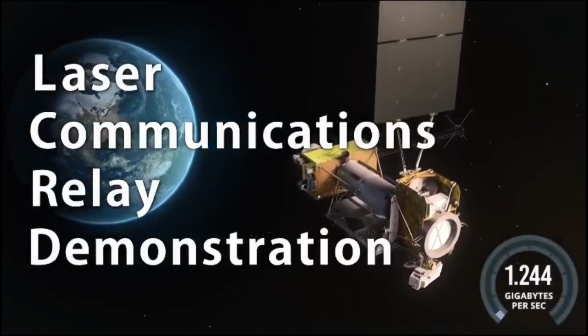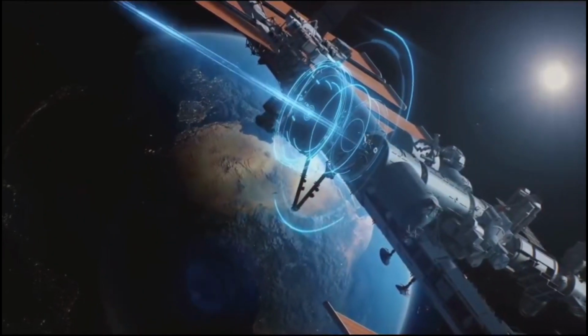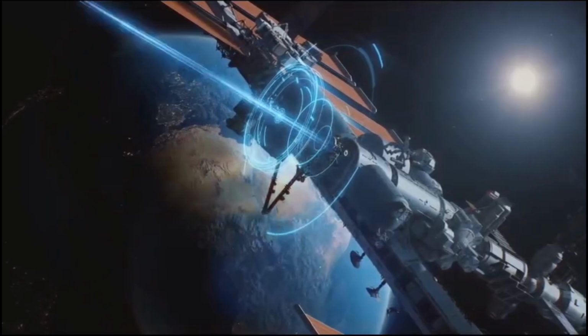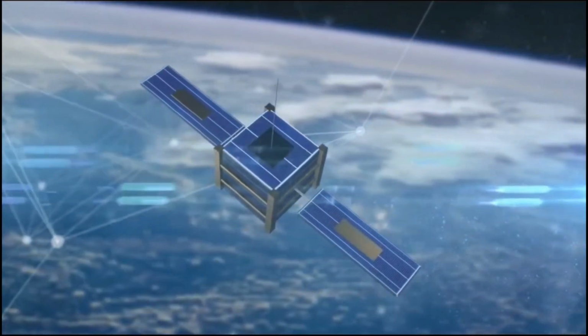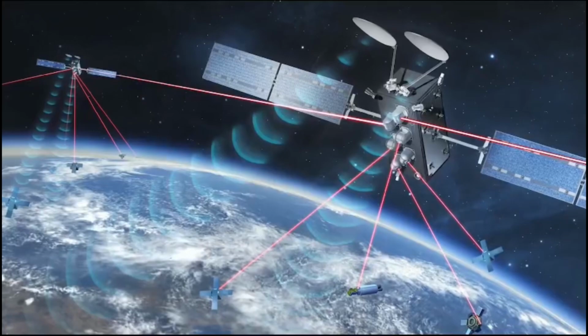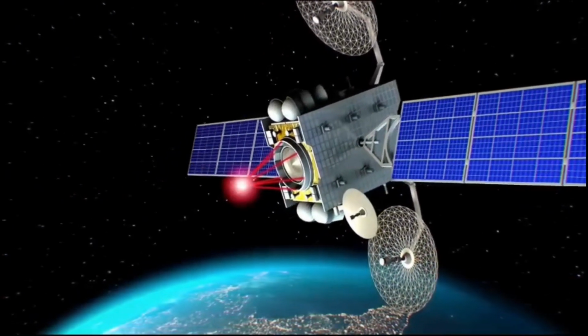Laser Communications Relay Demonstration (LCRD), NASA's first two-way laser relay system. The LCRD represents a transformative technology with the potential to revolutionize space data transmission. LCRD uses infrared light or invisible lasers to send and receive signals, potentially allowing 10 to 100 times more data